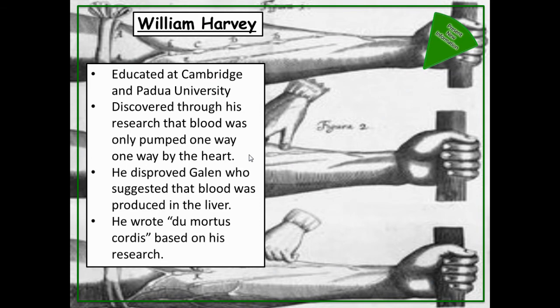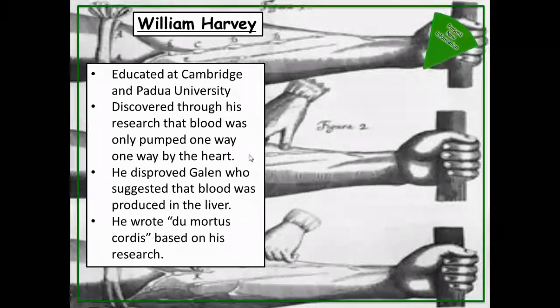He was challenging Galen, who was obviously supported by the church, and so many people labelled him a circulator, and didn't accept his ideas immediately. However, if we look at his work now, what his work allows us to do is things like blood transplants. If we didn't know that the heart pumped blood around the body, we wouldn't be able to do blood transplants, or do some of the very complicated heart surgery that now goes on.